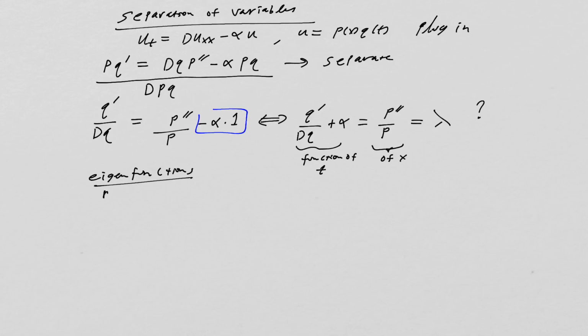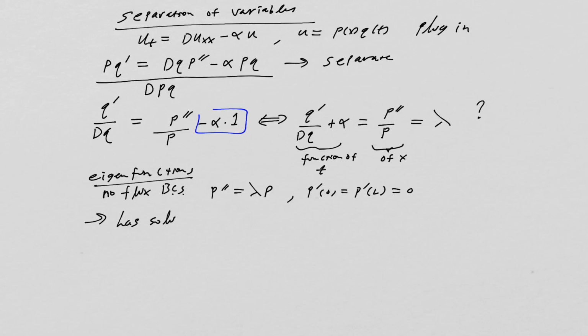So recall we have no flux boundary conditions, and we have p double prime is equal to lambda p, with p prime of 0 equals p prime of L is equal to 0. We of course know these eigenfunctions. This is a very familiar, very standard eigenfunction problem. It has solutions